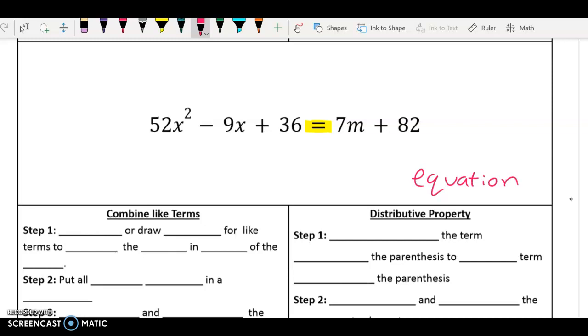Now within equations and expressions, we have letters. You didn't have these in 8th grade a whole lot, but you did a little bit. So let's talk about what those letters are. So like this m, for instance, right here. The name for that is called a variable. Hopefully you are labeling this with me. You can use highlighters or circle or box or underline, whatever you need to do. Now, if you ever have a number directly in front of that variable, like the 7 that's in front of that m, that is called a coefficient.